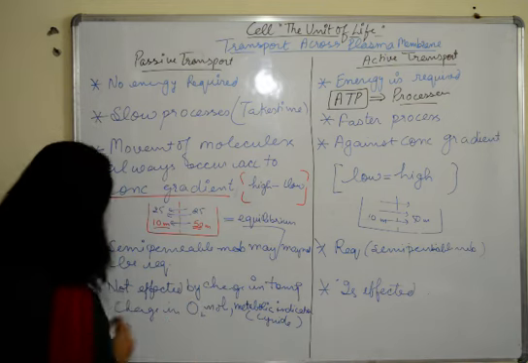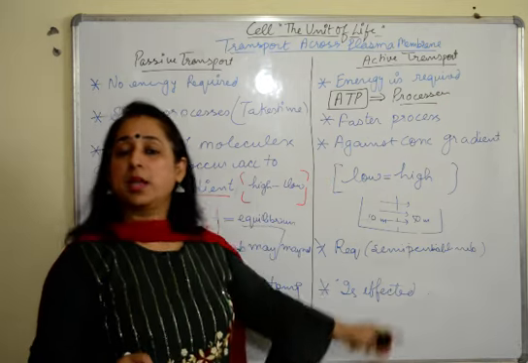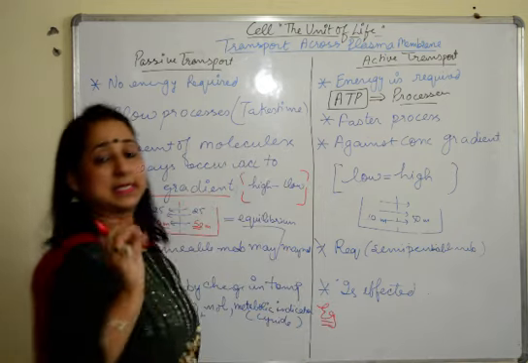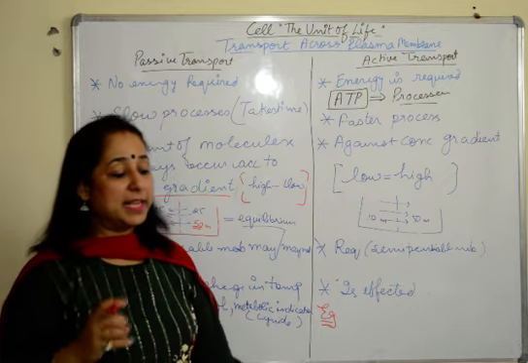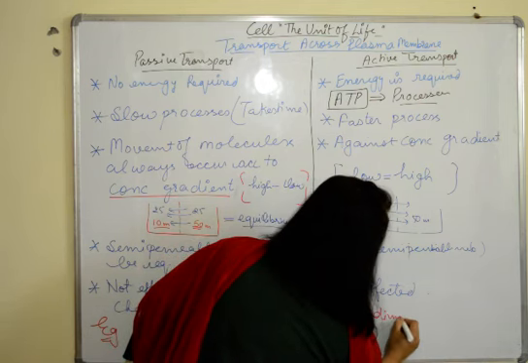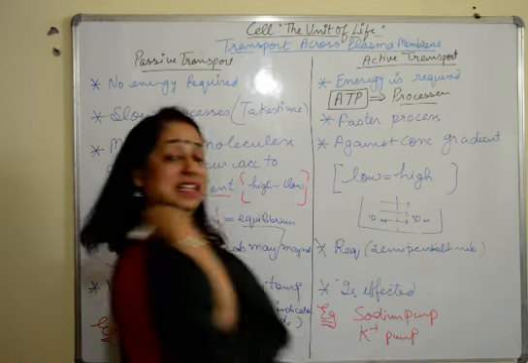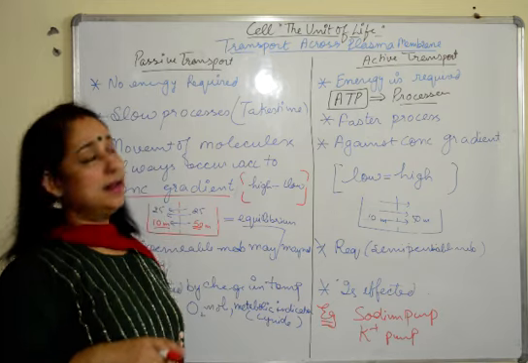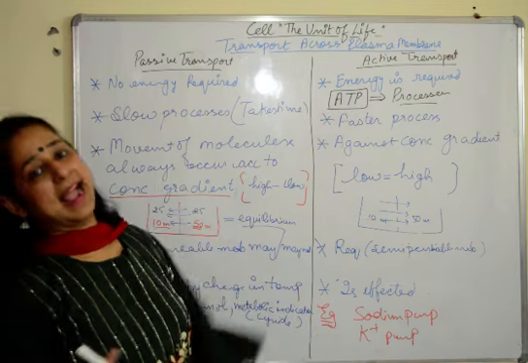Now I am giving you the examples of the processes which come under passive transport and the ones which come under active transport. If I talk about active transport, all the pumps like sodium pump, potassium pump or sodium potassium pump, all these pumps come under active transport. We have done sodium pump under excretion when we did counter current mechanism, so these pumps are explained there. All the pumps in the body come under active transport.